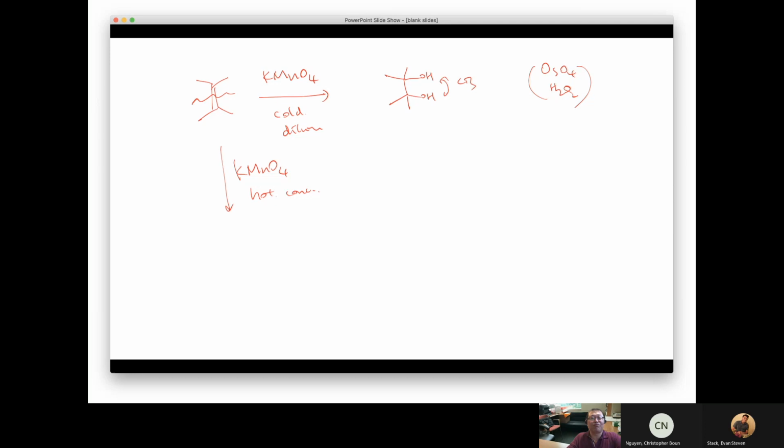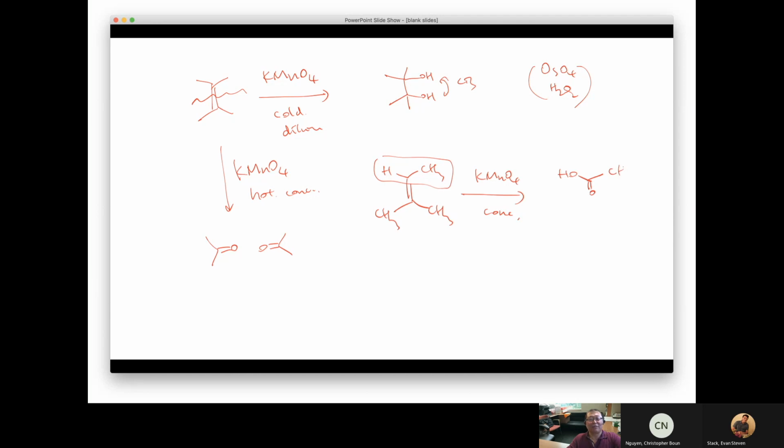Then what happens is we're going to break it down, and that's going to be a ketone in this particular situation because we got two alkyls substituted. But what if you got a substitution where one side has just one alkyl group and the other side has two alkyl groups? And if you treat that with permanganate under concentrated conditions, then the singly substituted side will become